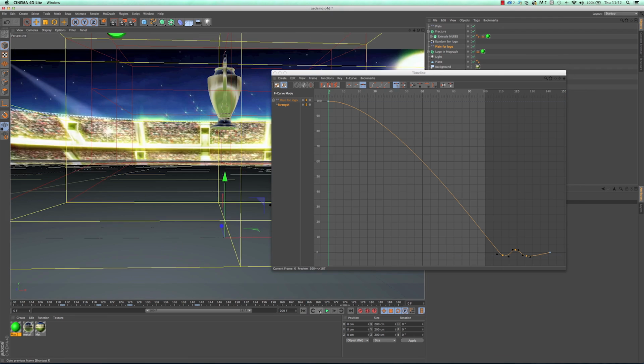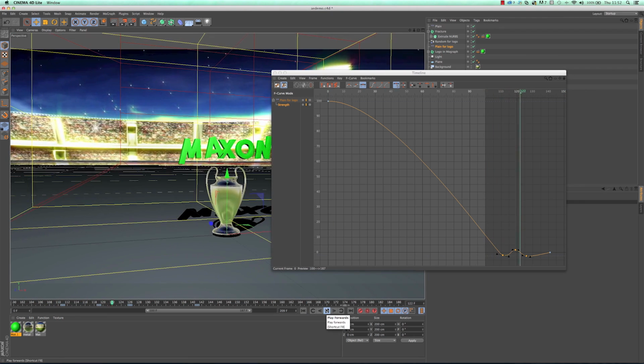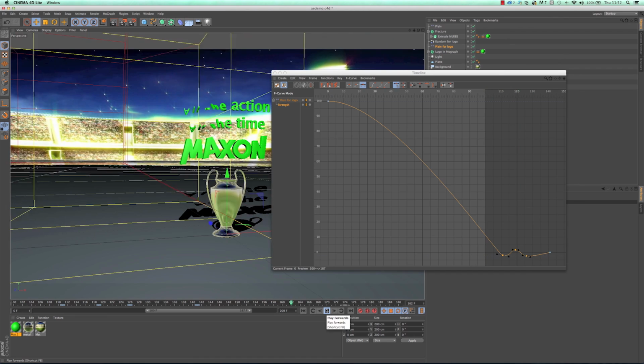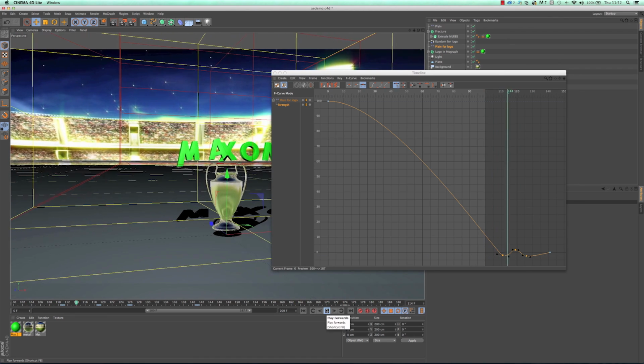So hopefully what we should see now is a little effect. And then we have this one above, and we can mess with ease in, ease out movements. So we can change the speed. The F-curve is referring to the acceleration of it and whether it goes past and back, and you can add as much stuff to this as you want and tailor this to your heart's content. And this is all in Cinema 4D Lite.